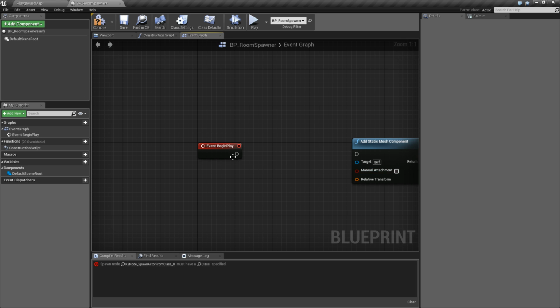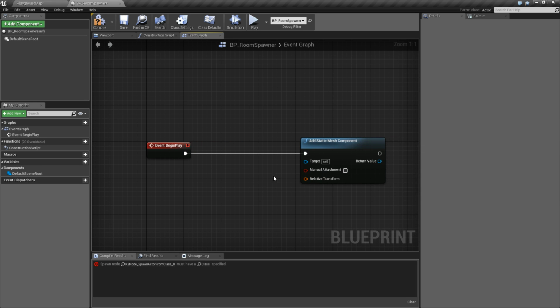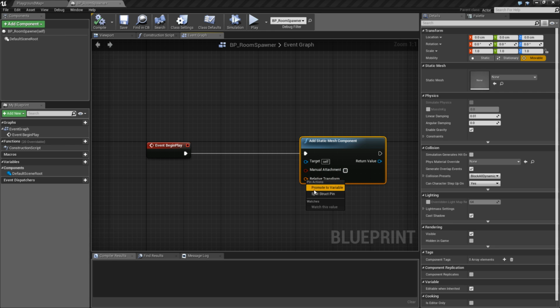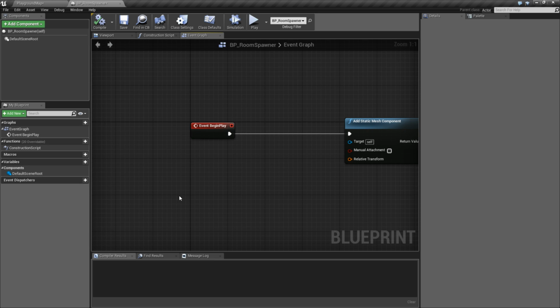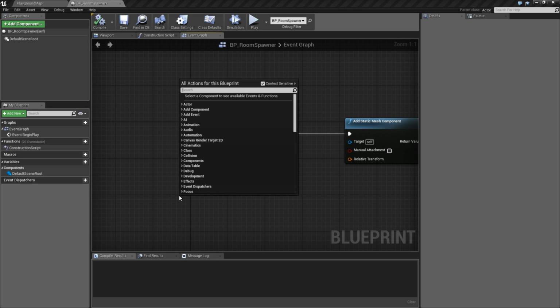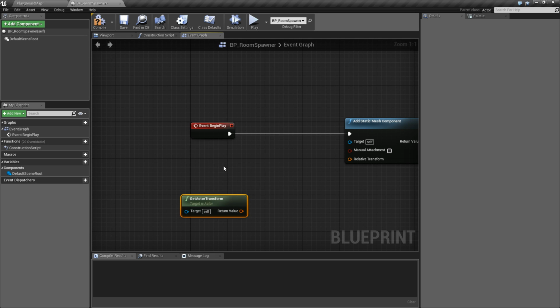Before we put this in a loop, let's just try to get this working. That would be smart. Okay, we're going to use automatic attachment. Our transform is going to basically be, let's see, get actor transform. We're going to get where we are in the world, and then we are going to